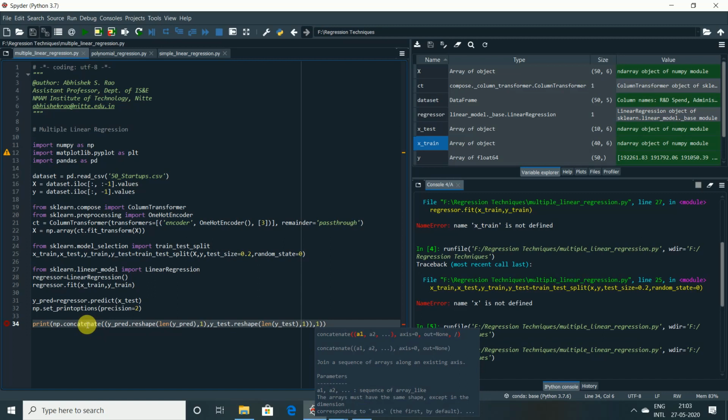That is y_pred.reshape, this is the predicted value, with respect to the horizontal value, that is 1, and y_test.reshape. I am taking the length of this with respect to the horizontal value, and this is also the horizontal concatenate. That means all the arrays should be displayed in a horizontal way.